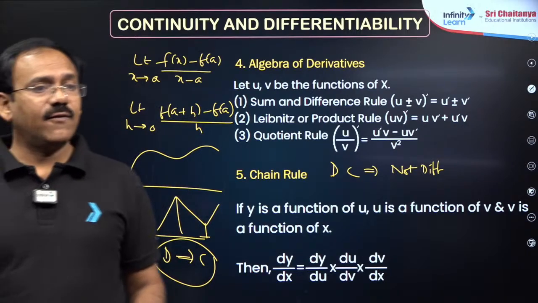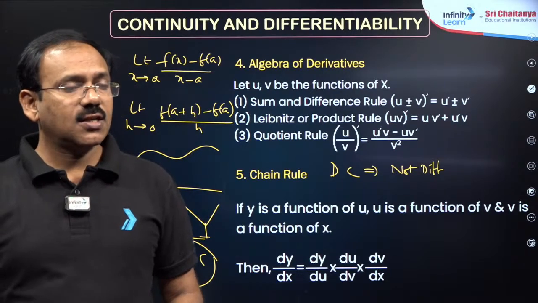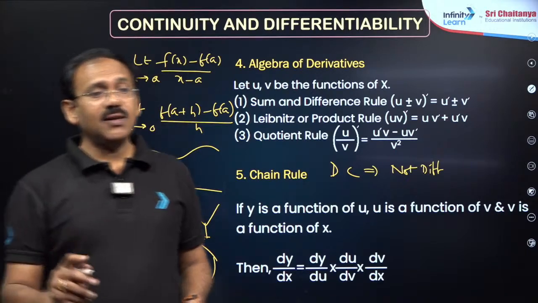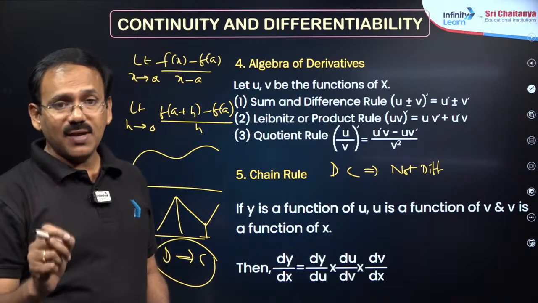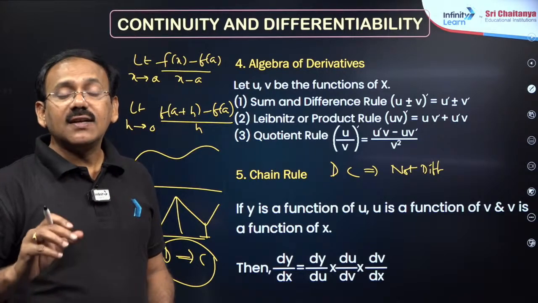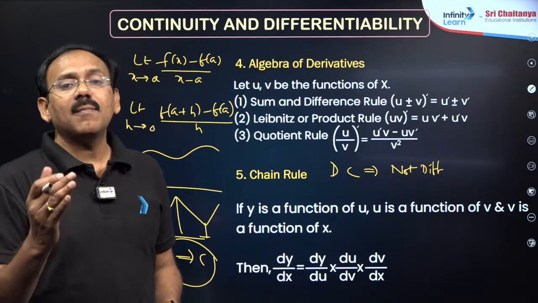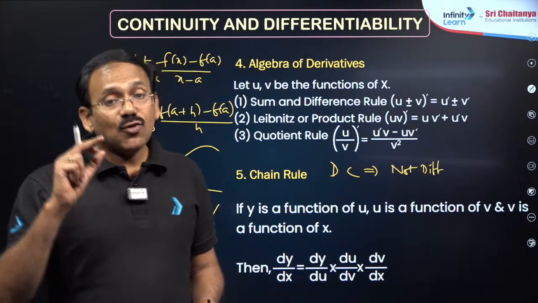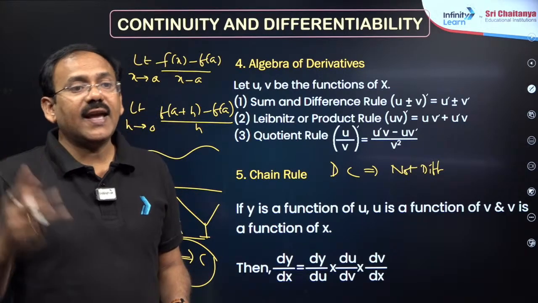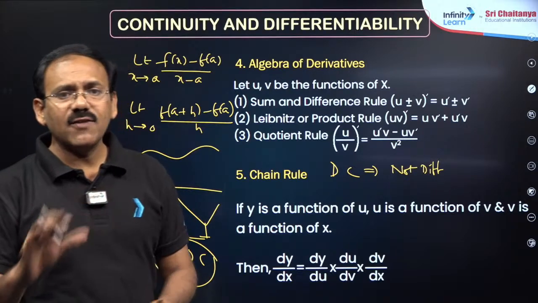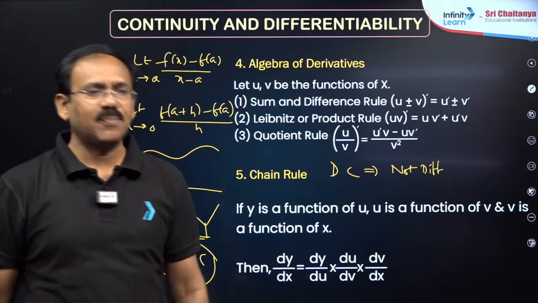So what is the difference between f dash x continuous and f differentiable? F differentiable at a particular point means f derivative exists, but that derivative function may or may not be continuous. Got it? So you have to find the f dash x function, then again check the continuity. Just f of x differentiable means the derivative exists, that is the point.